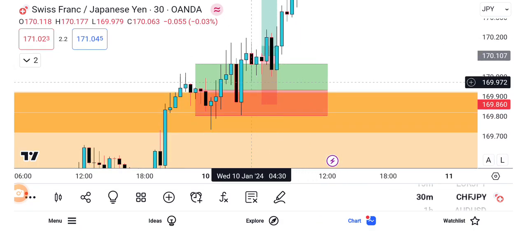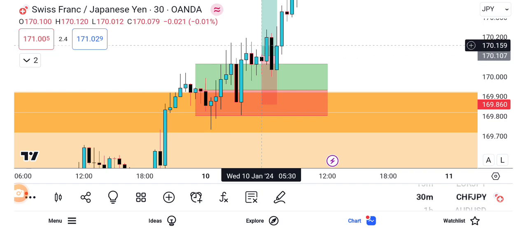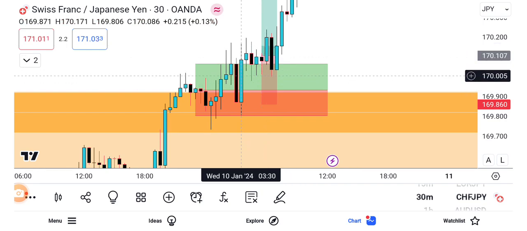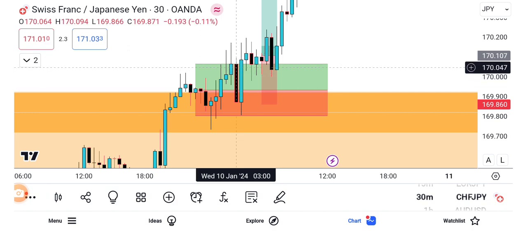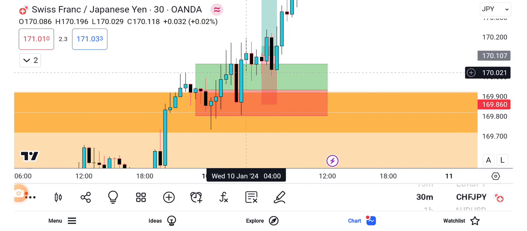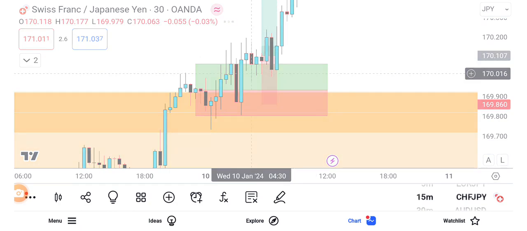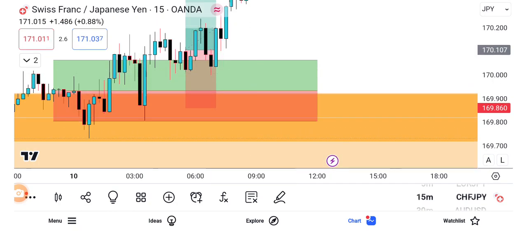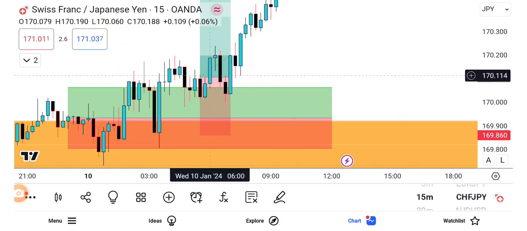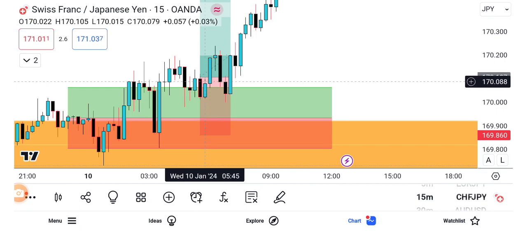bodies were respecting. Why did I enter this trade? The order block. Yeah, this order block was being respected. You can see the bodies were just closing above the main threshold, so I dropped it lower to the 15 minutes time frame. And what I did see is my entry was based on this fair value gap over here,